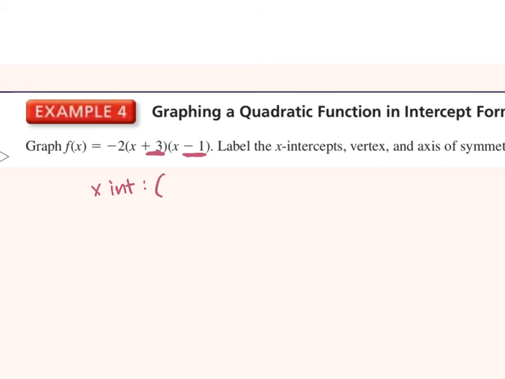So we need to change the sign of both of these. So we have -3, 0, and 1, 0. We just change the sign of the value that's given to us in our parentheses, and then our y value is just 0. So if we were to graph this,